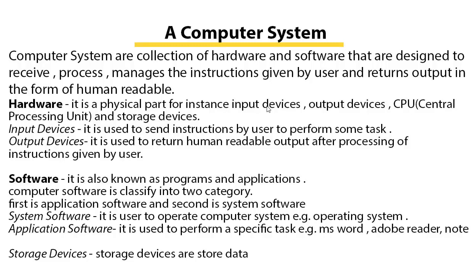Input devices can be your keyboard, your mouse. Those are the hardware basically, and are used to give the input to the computer, to give the instruction to the computer, right? Then you have output devices. Output devices like your speaker, your printer. These are also hardware, but what do you get? You get the output from that, your monitor.